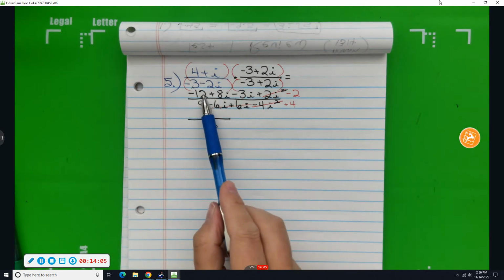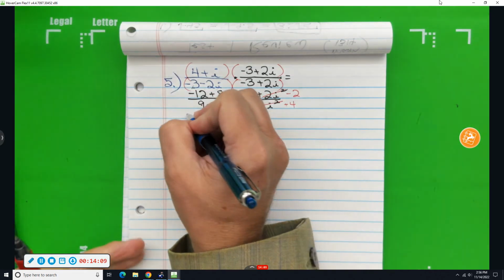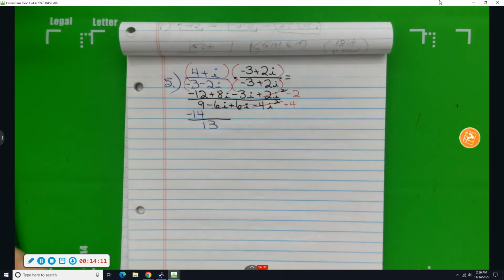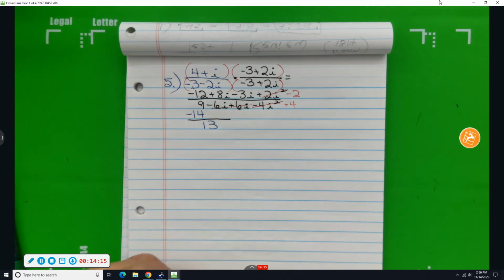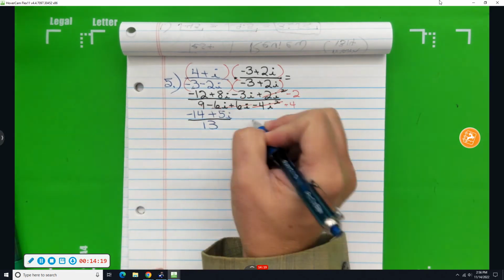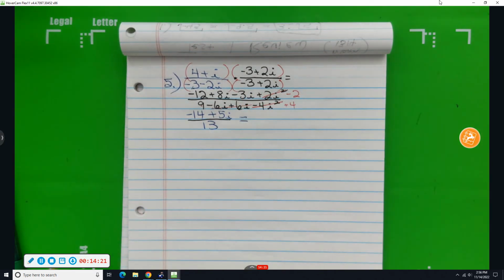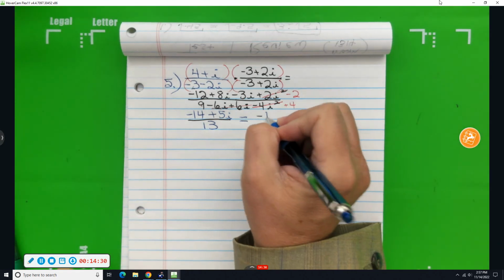We have a negative 12 minus 2, that's a negative 14. 8i minus 3i, that's a positive 5i. And then we split up. To get it in a plus bi form, it's negative 14 over 13